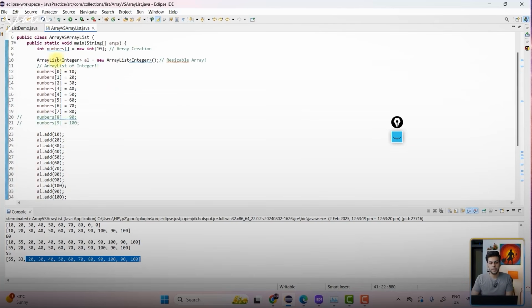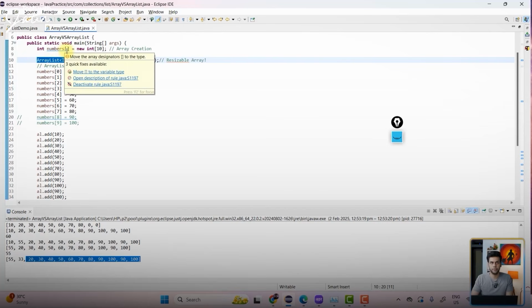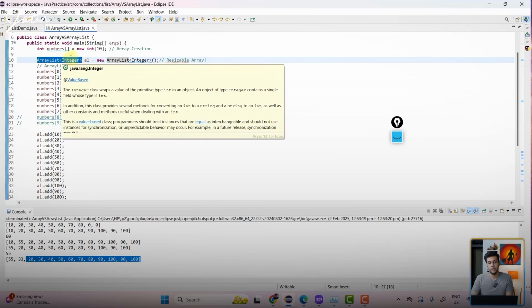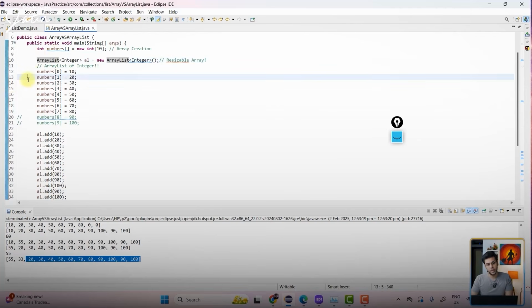All right. So what is this called? This is generic. Here you are telling that you are creating an array list which can store integer kind of data. Okay. Now what is the purpose of generics? We will see it in future also at a much deeper level. I'll have a dedicated lecture on generics itself. But right now it is just important that you understand that this particular guy is going to help us define the type of the list. So here I'm defining that I'm going to create an array list which can store integer kind of values.